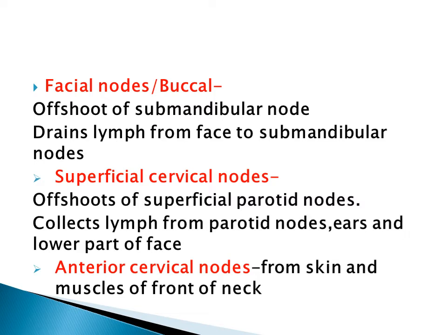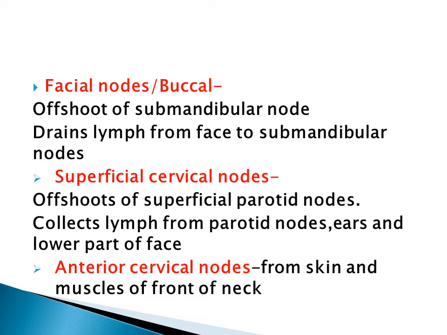Let us see each of these nodes, which are extensions of the pericervical collar. First, facial nodes, also called buccal nodes. These are offshoots of the submandibular nodes. They lie on the buccinator muscle and are related to the facial vein. So these facial nodes collect lymph from the face,